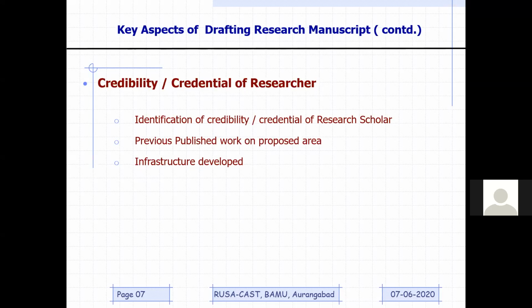Now the question is how credibility can be incorporated in the manuscript. सबसे पहले आपको ये ध्यान में रखना पड़ेगा कि whatever manuscript you will be drafting, you need to have prior experience. लेकिन आप कहेंगे कि sir, if I am a researcher in the beginning phase of my career, let us say आपने शुरुआत की अभी, and this is going to be your first manuscript, then how is your credibility going to be checked, right?